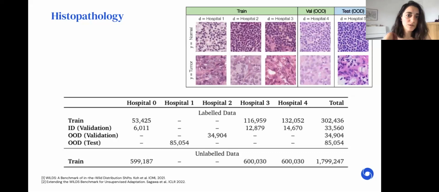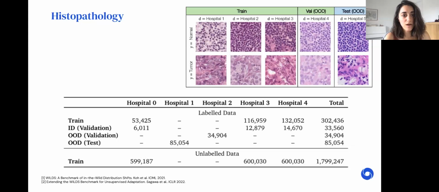To set up our experiments, we use the dataset as follows. We use the out-of-distribution validation dataset for validation, and then take the in-distribution validation and out-of-distribution test set for evaluation. Note that there is unlabeled data as well, which includes hospital information, but not the diagnostic label. For the in-distribution data sets, the hospitals, we look at the accuracy across the hospitals as well as overall, and performance on the out-of-distribution test set.